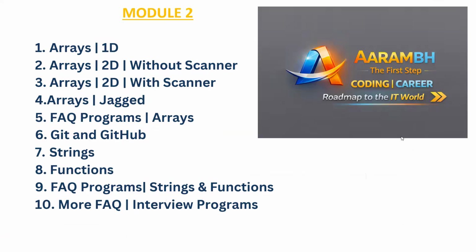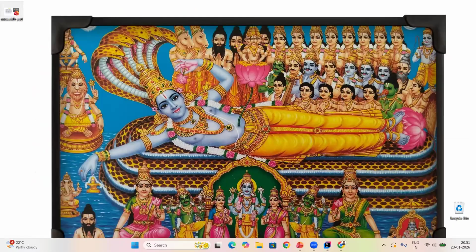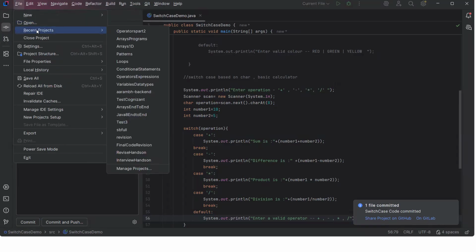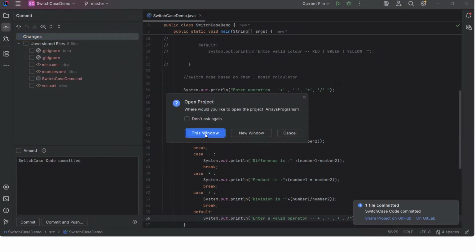I'll first come to my program, what program I want to push. So as discussed, I wanted to push my arrays program. From here, every program I'll push to GitHub. Once the video is done, I'll paste the comment in the YouTube. I'll show you how, and that I will also do within this video only. So this window,